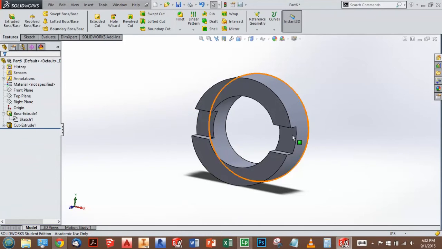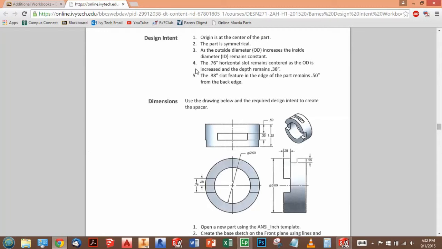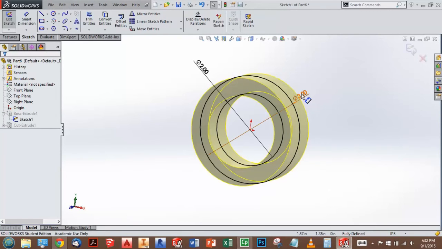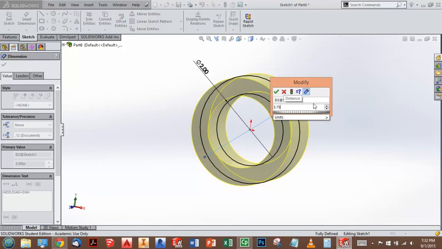And now you can test it to make sure that our design intent number 4 works, that it always remains centered and the depth is always 0.38. So the depth always will be 0.38 because of our sketch, and 0.76 height because of our sketch, but we want to make sure that it cuts all the way through and that it always remains centered. So if I go back in here and edit this sketch again now and change that to the same 3.75,